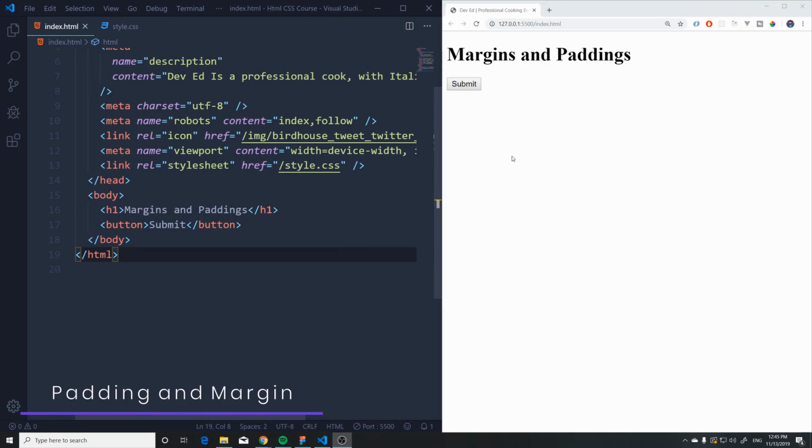Okay, margins and paddings. What are these things and why are they so important? Well, we're going to use these a ton, so I really want to cover this so you understand everything. Okay, so we talked about how the browser basically put some default styles already on our elements, and we saw